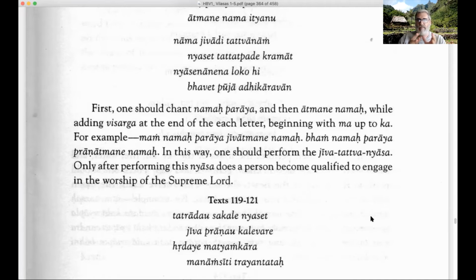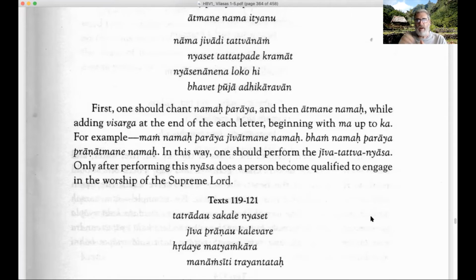So Mam Namaha, for instance, here we have the example given, Mam Namaha Paraya Jivatmane Namaha. Mam Namaha Paraya Spatikabhashaya Jivatatvatmake Swaha is the first ahuti, the first oblation offered into the fire in Jivadi Tattva Homa. So anybody who's familiar with that, if you're not familiar with that, then just ignore that.